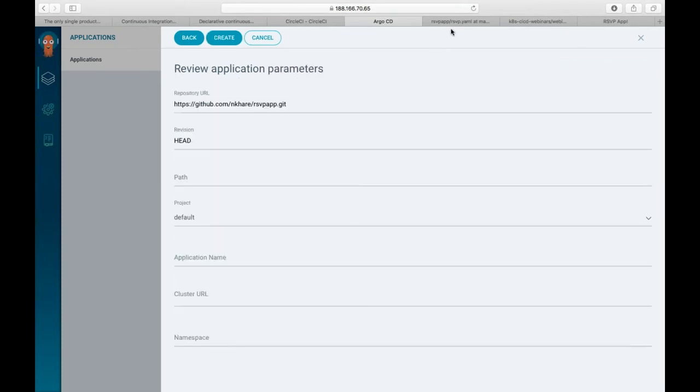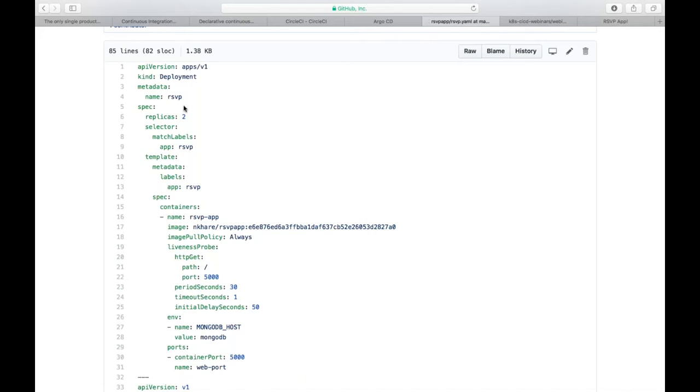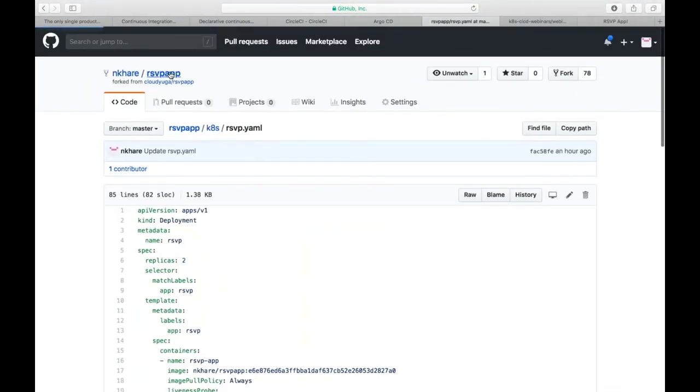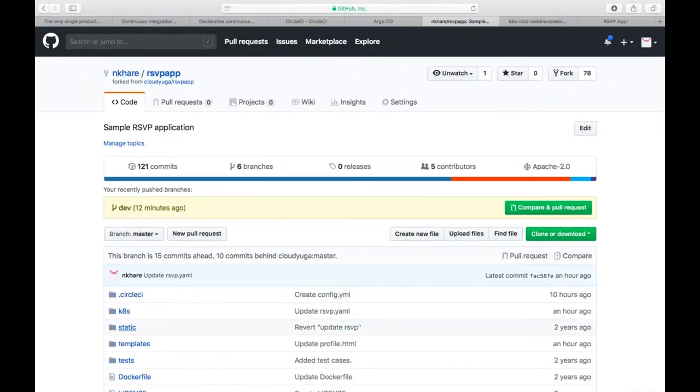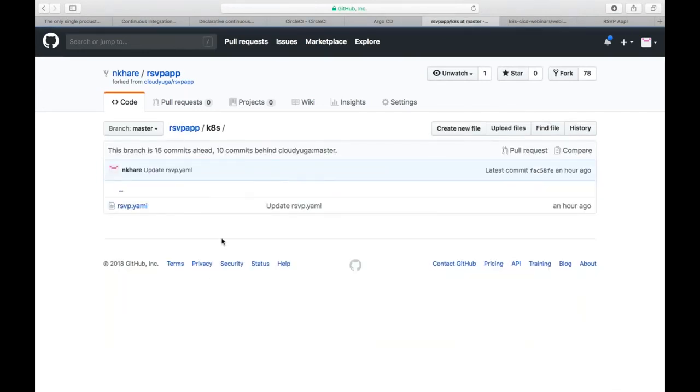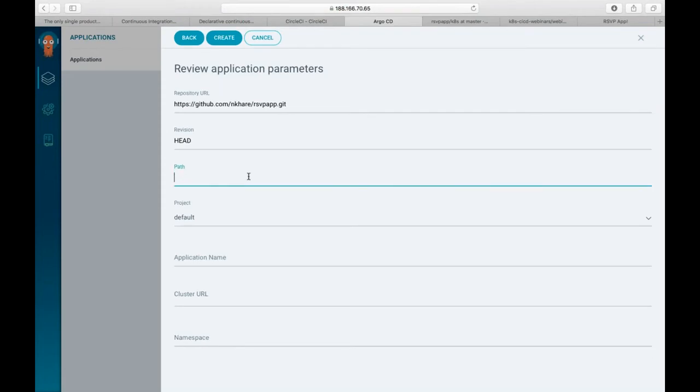So we have the Git repo here, and in that Git repo we have the KTest folder, which contains our YAML files. We give the path of that directory there. Project name is default; we can give a different name also.